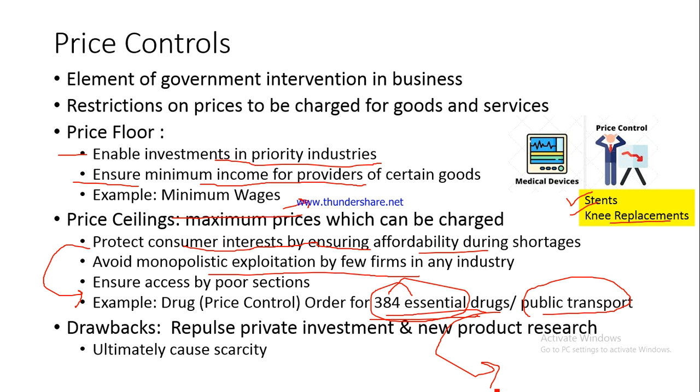And so it has been said that because of this drug price control order, and because of this price control in case of medical devices in India, what has basically happened is the companies feel that there is no use investing a lot in new drug discovery, new product research, because even if they invest a lot of money and discover a new drug, they would not be able to recover their investment by charging a higher price in the market because of the price control existing in the Indian market. So this is one criticism of the price ceiling controls, right?